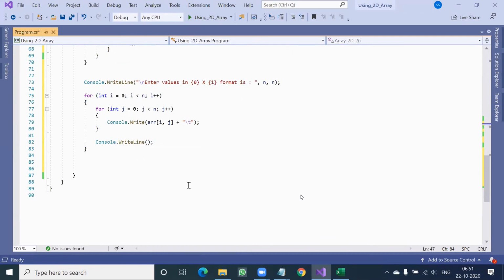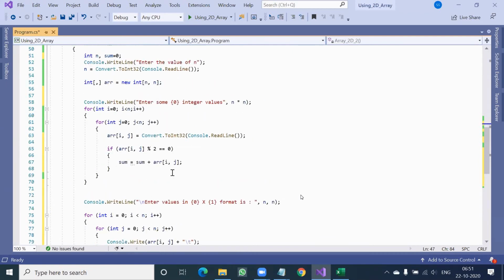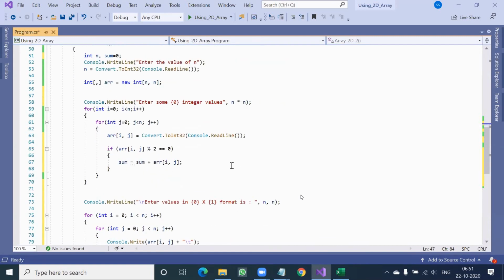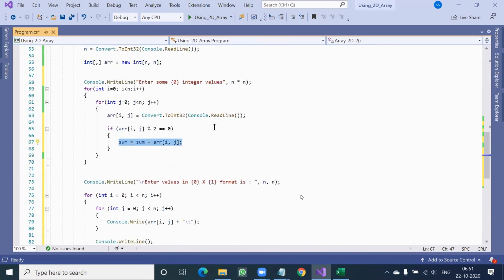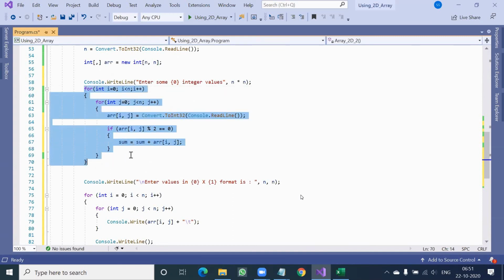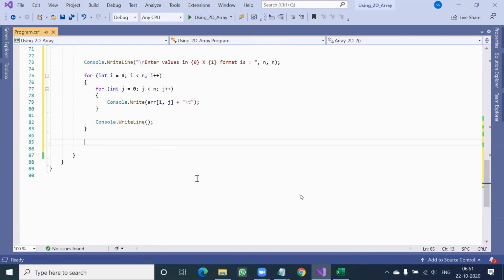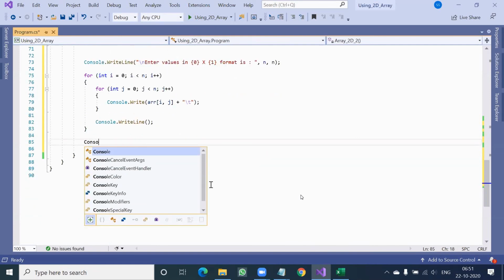So what else is pending now? Only one part is pending, that is the last part, sum of only even elements. That is already being calculated here. You can see that while entering itself, we have already calculated that value, sum. So that sum we have to just display somewhere here. So Console.WriteLine.